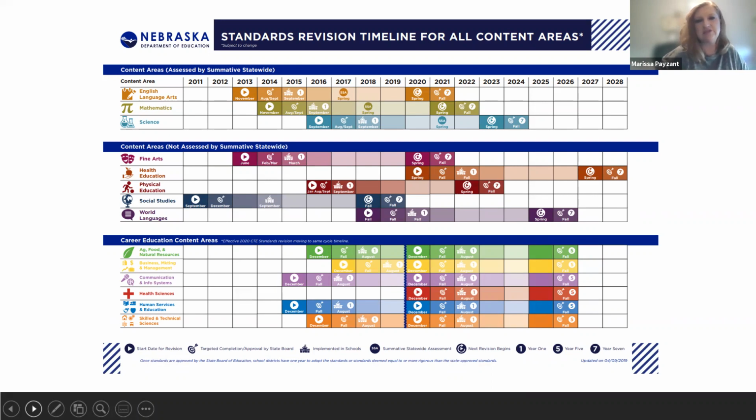What this demonstrates is the cycle that each of the content area standards is on. We are required to revise all sets of content area standards by the end of a 7-year cycle. The cycle is a little more rapid for some of the CTE standards, as you can see. But if you go across the top with ELA, you'll see that the target date for the revised standards was fall of 21. And we did meet that target. Our board approved those on September 2nd, 2021, even though our educators worked through a pandemic to get those.